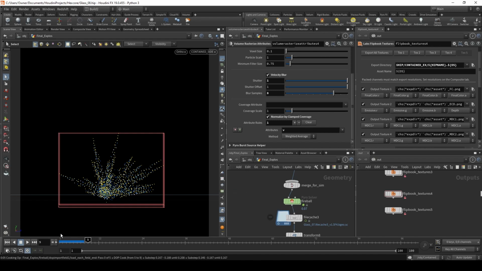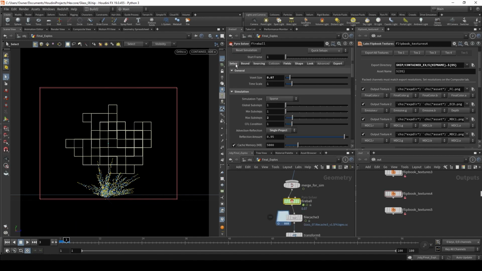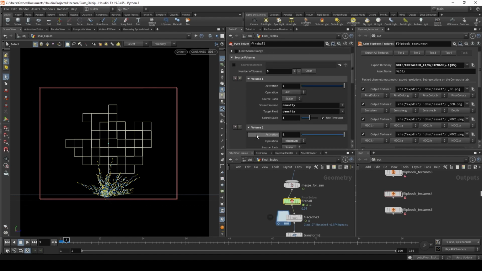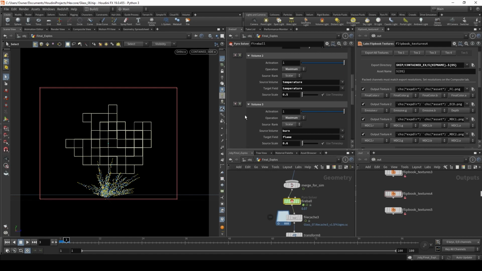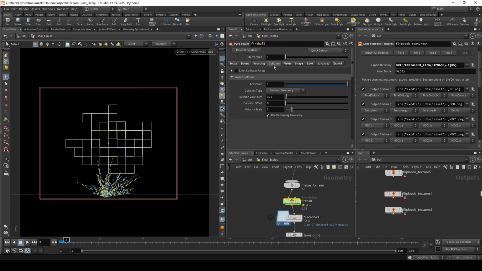Fireball, and I'll show you my settings. Okay. So for this, voxel size 0.07, density, temperature, burn. We don't have any collisions on this because this is not colliding with the glass at all because it's part